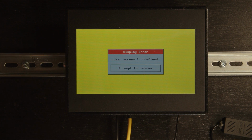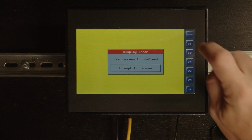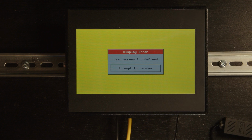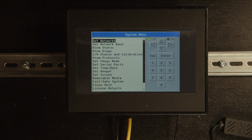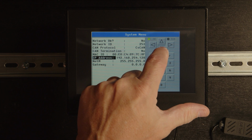Okay, so we've connected physically the Ethernet cable to the back of the unit. Now we're going to pull up the built-in system menu. To do that with a unit that doesn't have a dedicated system key, we press in the upper right-hand corner. The system button will appear. We'll select that. And what I want to do is select that first option, set networks. All right. What I want to do to connect over Ethernet is configure the OCS